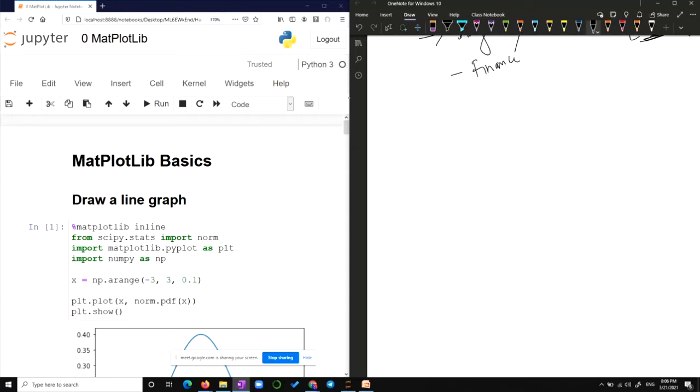All right, so what do we have here? The first line says matplotlib inline. Whatever is the output of matplotlib, just put that output inline. So this gets you the matplotlib library inline. This is no longer required now, but it has just been there. Even if you don't use it, you will still get the output here. Not a problem. Now, from scipy.stats import norm.